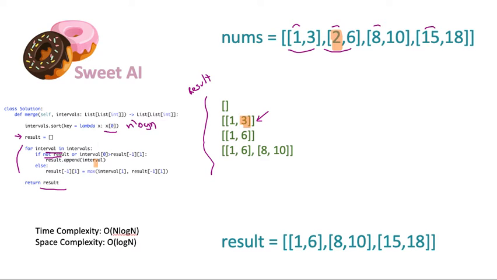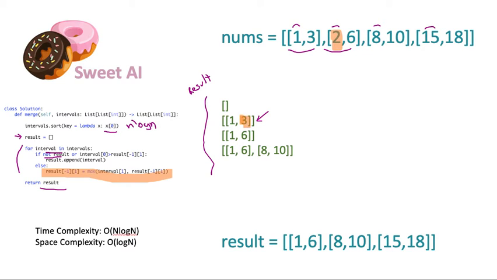If this one is bigger than this, then we can just append that to the result, because it means there is no overlap between these two, so we're just going to add it to the result. But if not, which is going to be this case, we are going to update the last interval in the result,